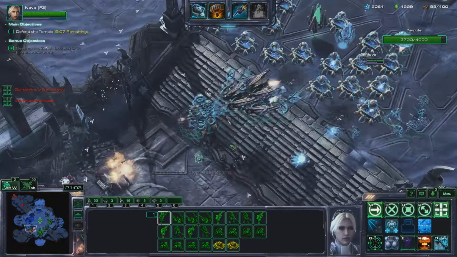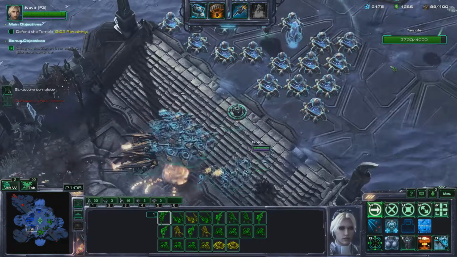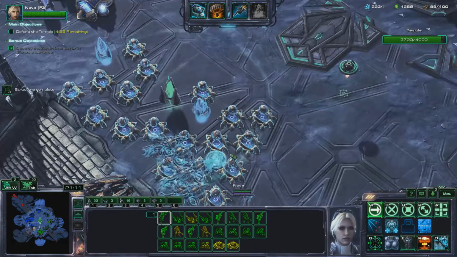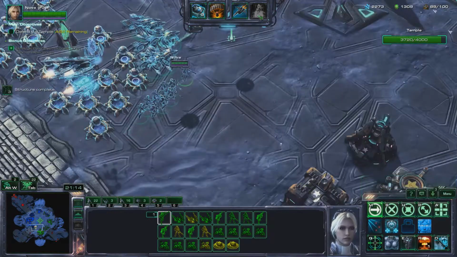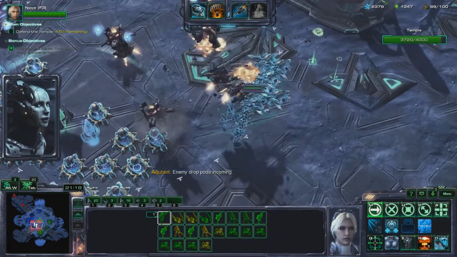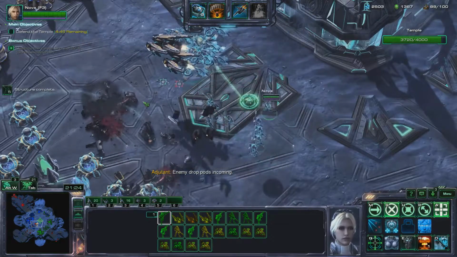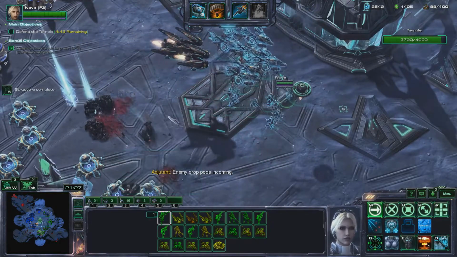I wouldn't really say it is pay to win, but the joke could be made that Nova is very pay to win, because you do everything with money. Even instant regeneration: when Nova dies you can just buy her back. Just look at that, that's just awesome. They all just die